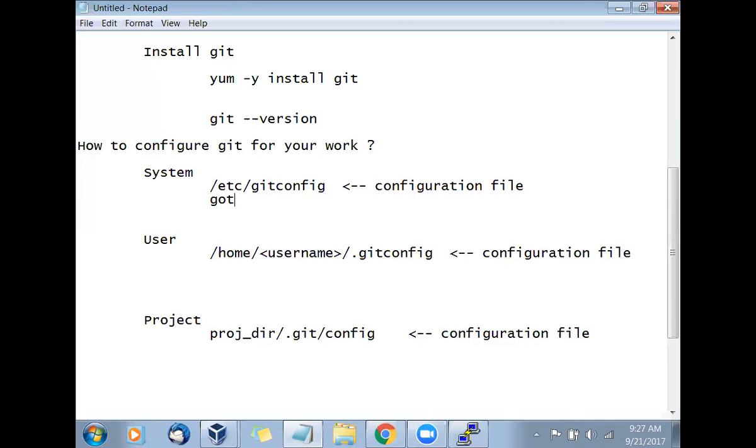So I'll say git config --system, and then I will give some parameters. So it will go, and in that file, it is the git config. If I go with the user level, I say git config --global. Now they are not using the word user, but they are using the word global. And for the project level, you will say git config and the configuration. They will not say any --something. They'll directly go into the configuration file. So now please write this down. Okay. So you have system level, you have user level, and you have project level configuration. You will be able to work with that.